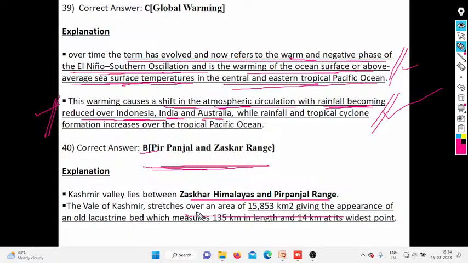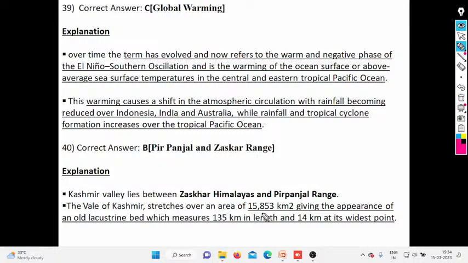The Valley of Kashmir stretches over an area of 15,853 square kilometers, giving the appearance of an old lacustrine bed, which measures 135 kilometers in length and 14 kilometers at its widest point. ठीक है, lacustrine deposits. Lacustrine bed mean